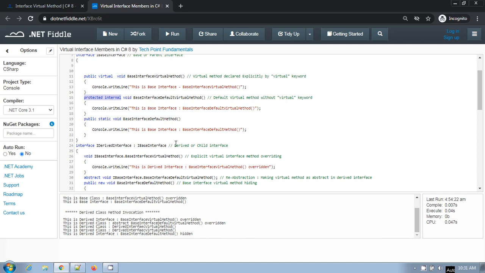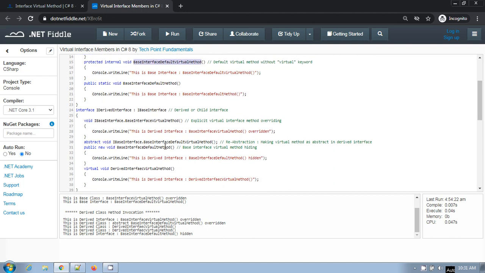So if you see here, I have marked this virtual method as abstract. I have overridden this with abstract, so we are not providing any definition here.